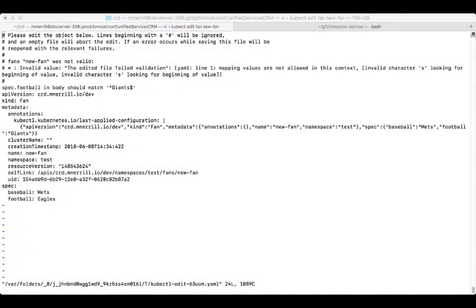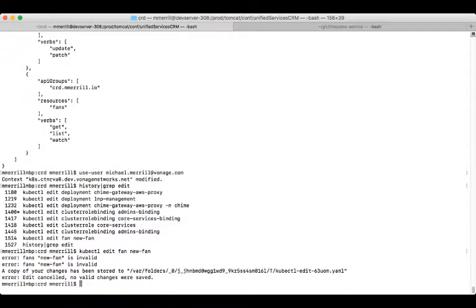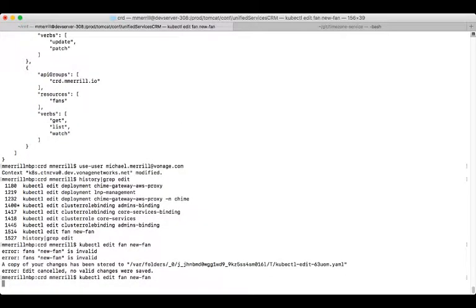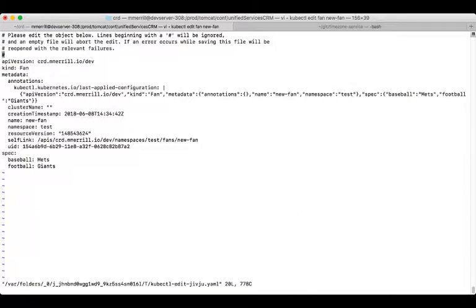I think it's Eagles. Okay, yep, it is Eagles. Let me go back here and I'll show you guys. Eagles is an accepted value. Jets is not an accepted one. So I changed it to Eagles and it worked. So let's edit new fan. You got Giants. If I change this to Eagles,